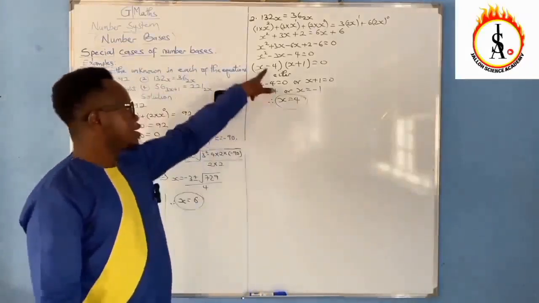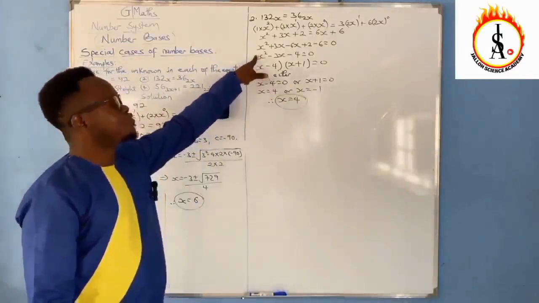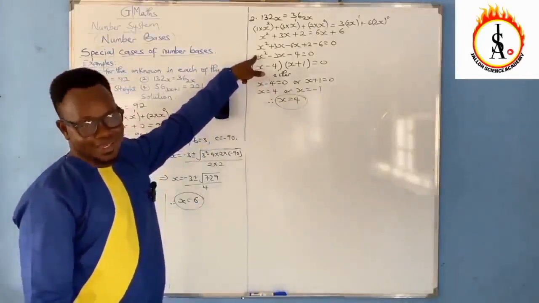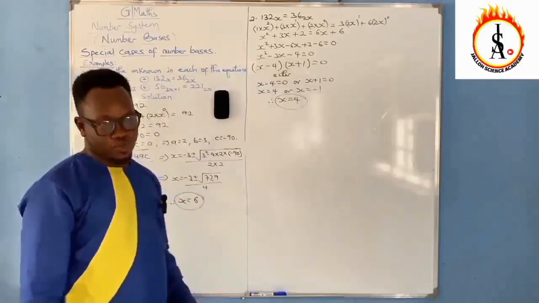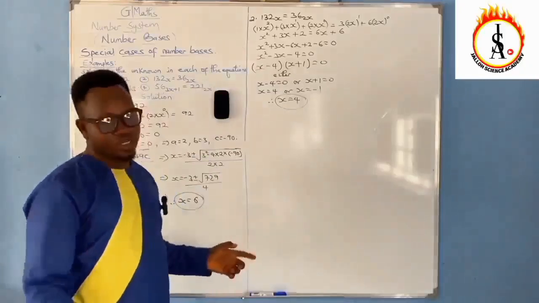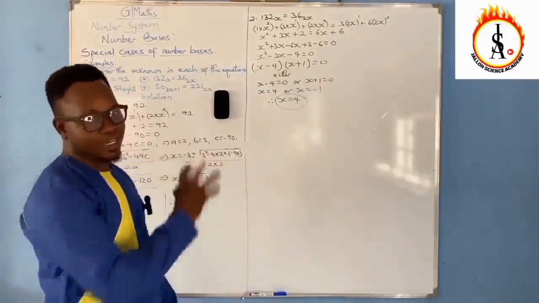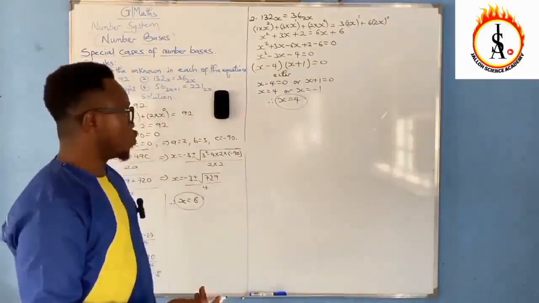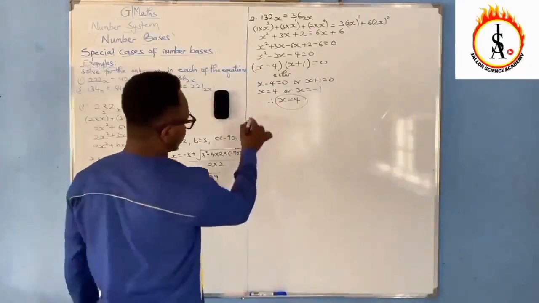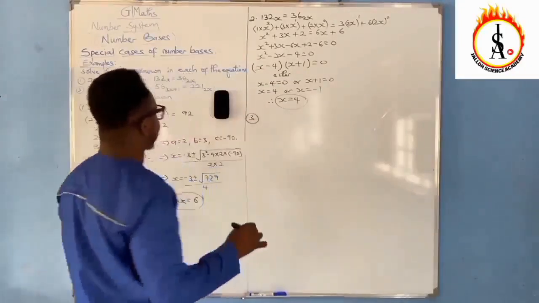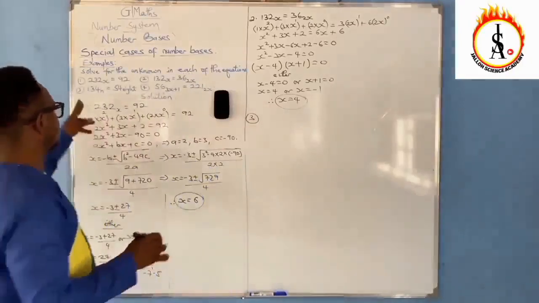The reason why I did it like this, because the coefficient of a here is unity. So if the coefficient of a is unity, once you get the factors, you just put them in a bracket using the unknown that you are working with. So we go to example 3. Example 3, we have